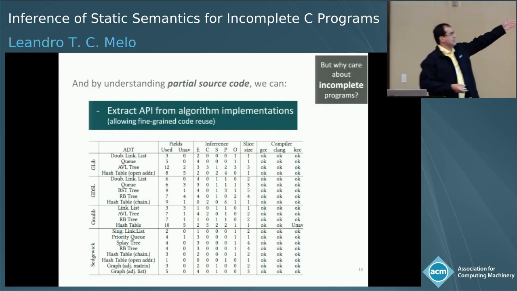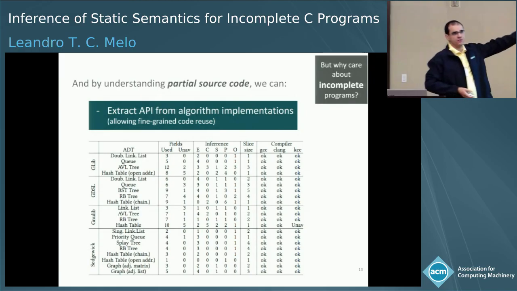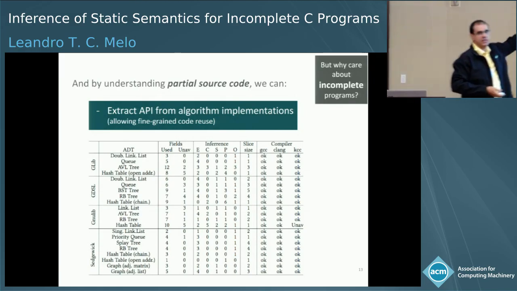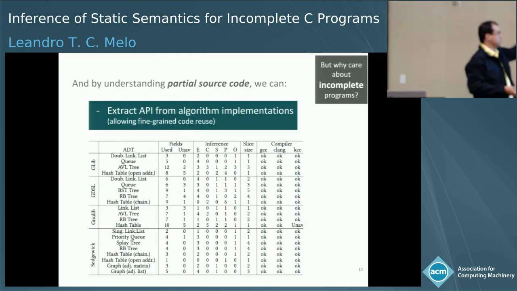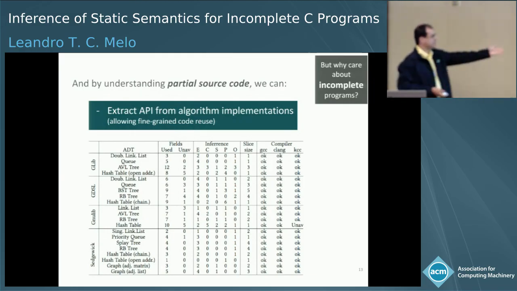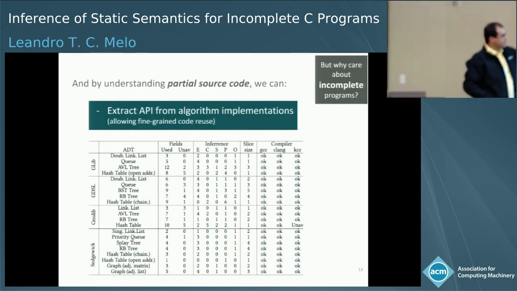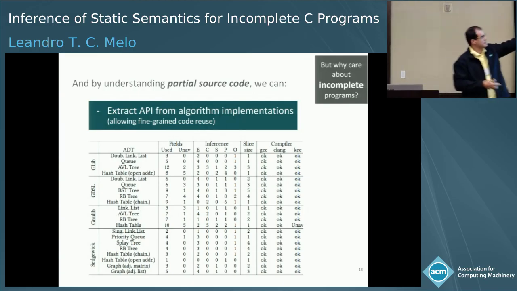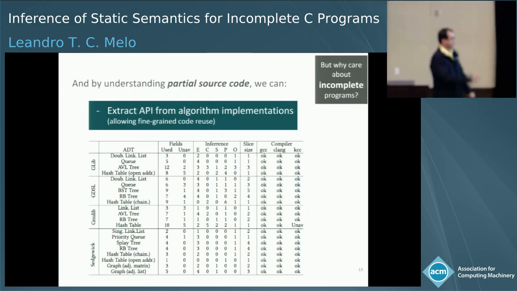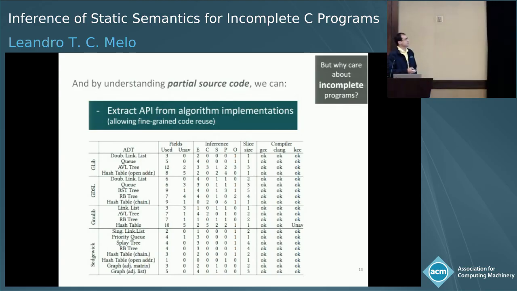So we took slices from implementations of typical data structures from libraries like GLib, which is GNOME-lib, GDSL, GNULib, and even from Sedgewick's books. And we can, again, reconstruct from the slice the type definitions that match them without errors. Of course, there are some subtleties when it concerns implicit conversions, and sometimes we can't restrict the type enough. This is the data in the Inference column of the table. You might want to look into the details in the paper.